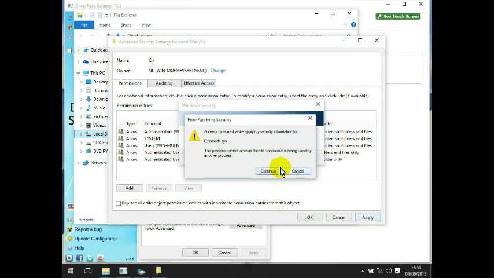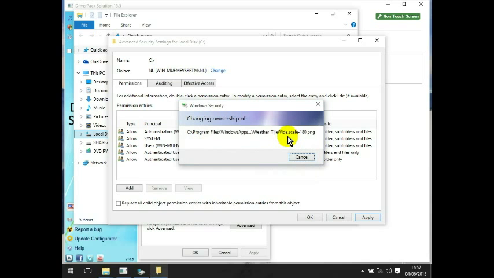Click yes. Now a couple of these boxes will come up, which ain't a problem, but instead of keep clicking continue, if you hold Alt on the keyboard, you see the little line under C. This works with any box. So now you can just press Alt and C to press continue. If you just hold it down for a sec, it will skip all the continue or cancel boxes. So just leave this to change